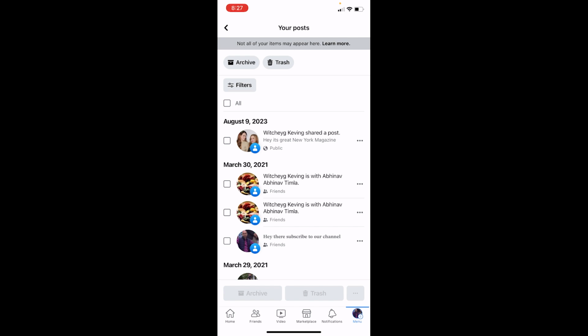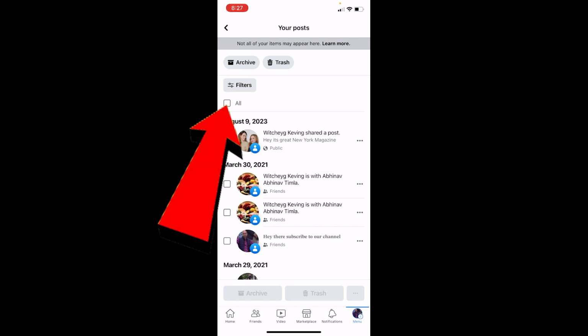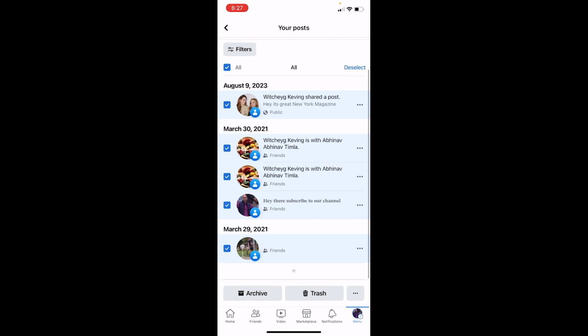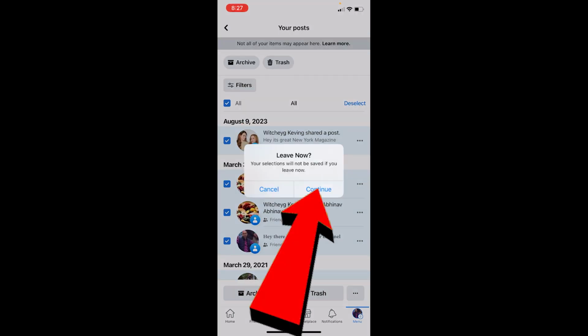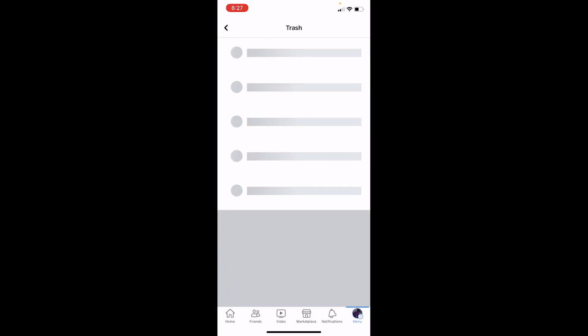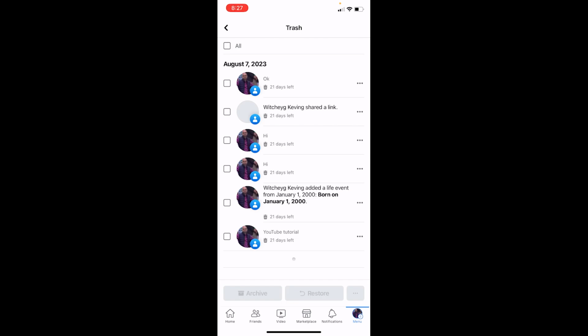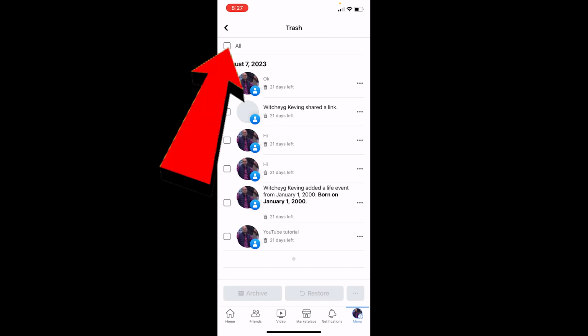Now once you're over here, you can see this option called all. You want to click on all and every single post you have posted on Facebook will be chosen. Now just click on trash and click on continue, and basically every single post of your Facebook is going to be transferred to trash. And once it is transferred to trash, you can again click on all and click on